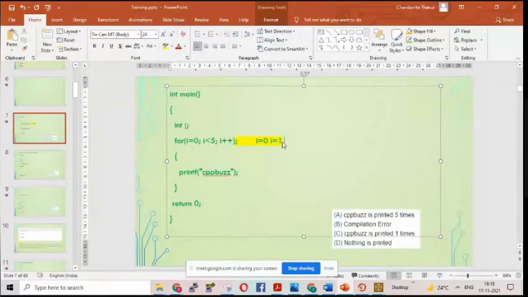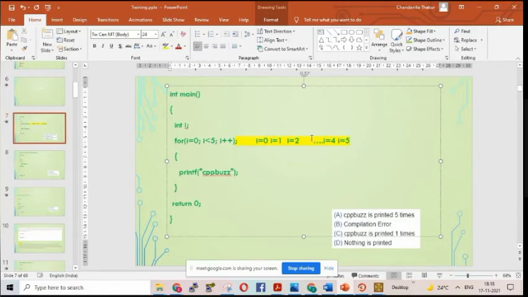I equals 1, then I will be equal to 2. Like that, lastly, again I'm repeating, I value will be equal to 5. Why will it be equal to 5? Because when it was 4, the condition was true, so the for loop was executing. But when I equals 5, is the condition I less than 5 true? No, because 5 is not less than 5. So the condition is false and the for loop ends here.